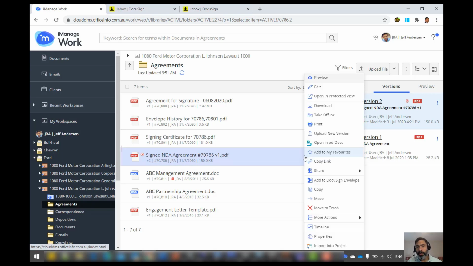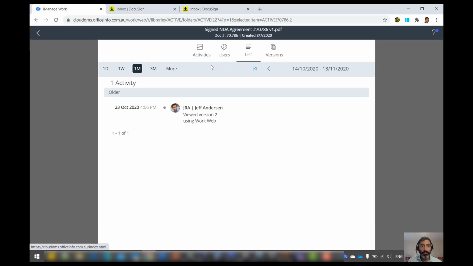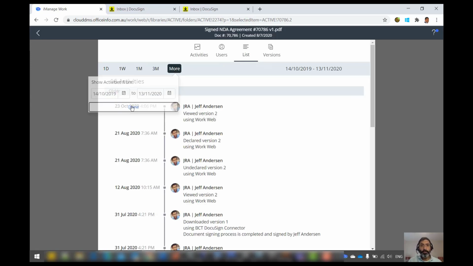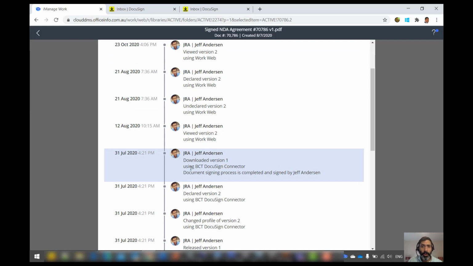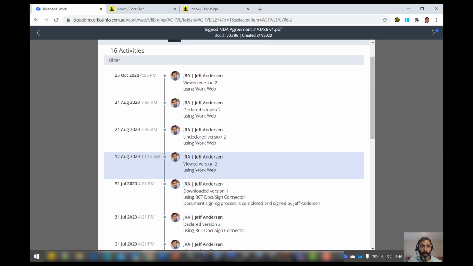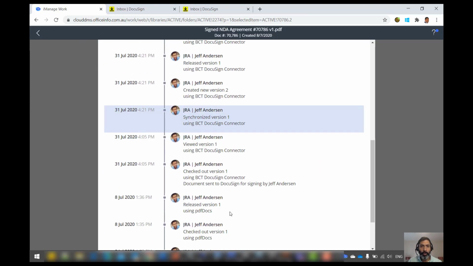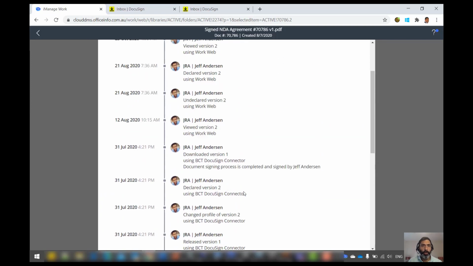If I have a look at the document history, the timeline in Work 10, I can see, I'll just have to change the date for you because this one's a bit older. I can see here that the DocuSign process was completed and signed by Jeff Anderson. Then it was declared as a record by the system. So we've got a complete record of all of the processes that document's been through in regards to the DocuSign